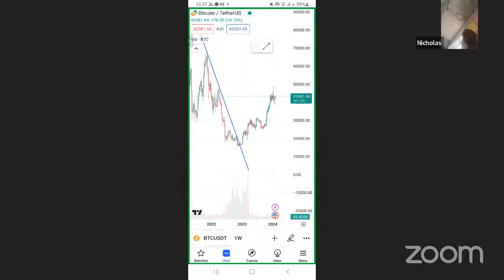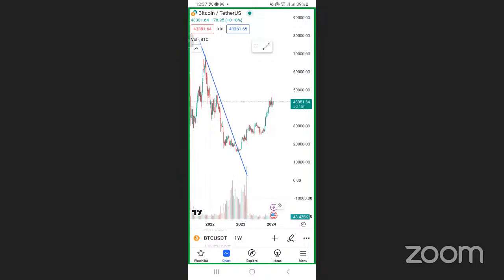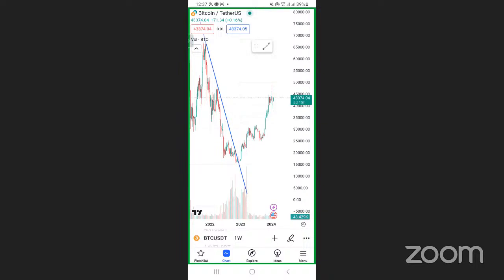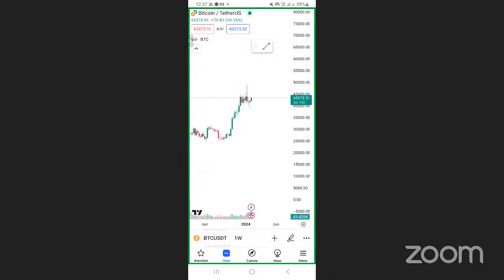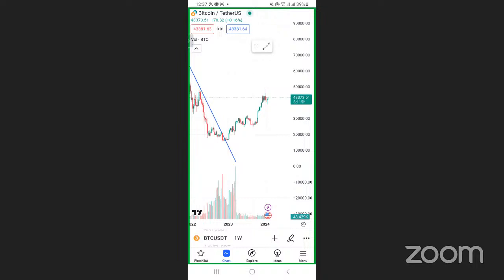every time. Because if we are in a downtrend, every time we go back to that trend line, we are pushed back. We continue falling. Every time we try to go back, we are pushed down. We continue going down. You get it? So when do I know that surely the market is changing? The market has changed when we close them, or like this, I'm looking at a weekly chart.